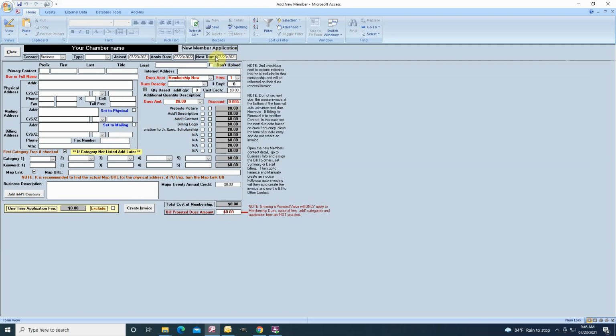Now that doesn't mean you can't. Maybe some chambers like to bill the first of the month every month. You can change that to 7/1/2021 or 7/31/2021, whatever it may be, or maybe 1/1/2021 if you are one of those chambers that bills at the same time every year, because then it'll go to 1/1/2022. And notice at the bottom here you can prorate the invoice that is created